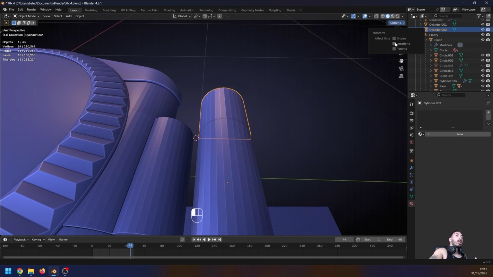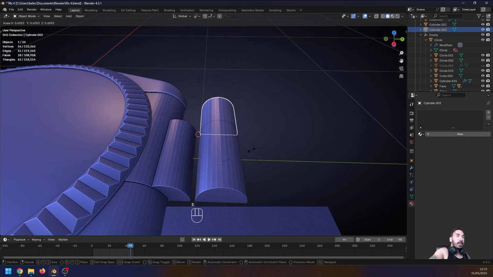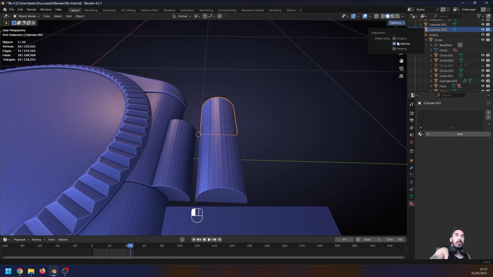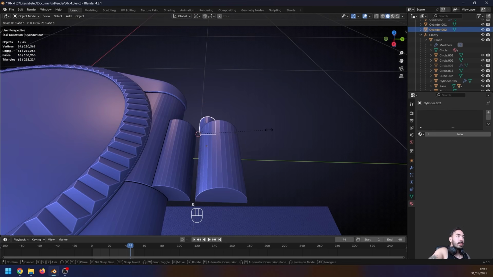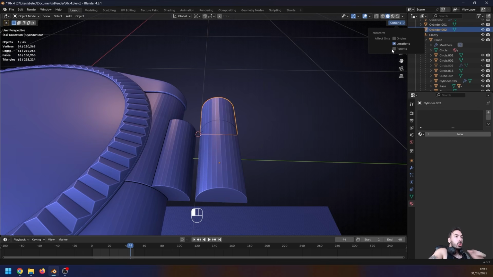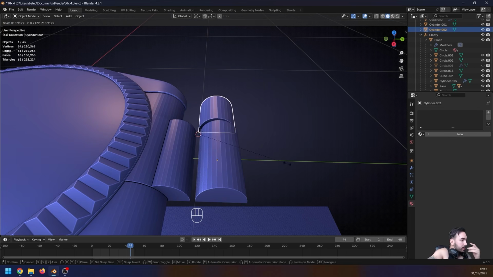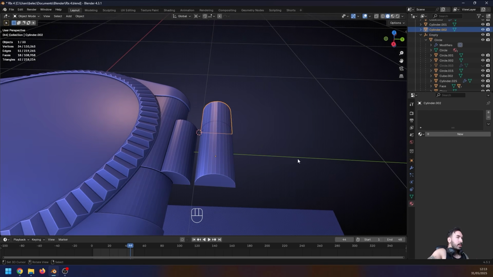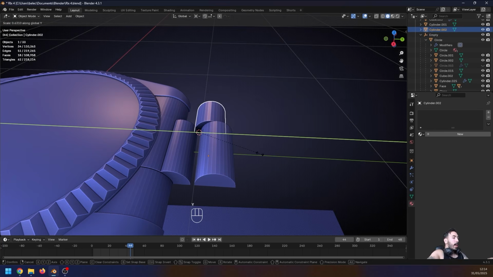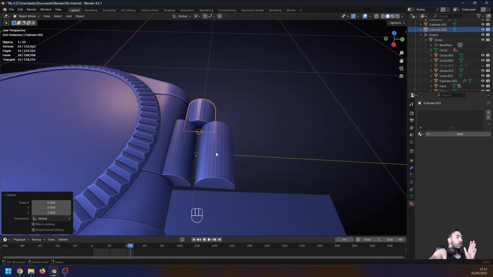And here I'm going to check locations, and now when I scale something, it only affects the location of that object without affecting the scale. Normally, if you scale something in object mode without this, the object is going to get smaller. But when you check this now, it's only the object changing its position without getting smaller. So now I can press S to scale, Y to scale on the Y axis and set that to 0. And as you can see now, this object is perfectly aligned with the 3D cursor on the Y axis,